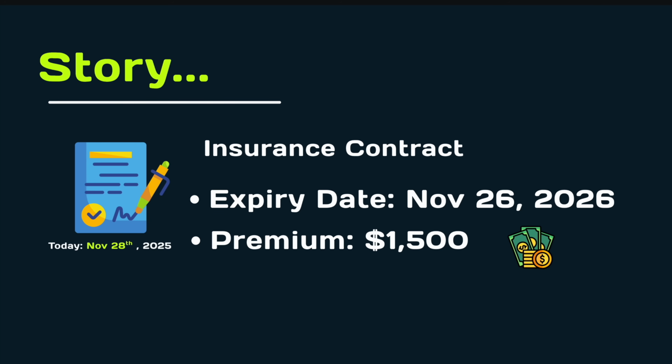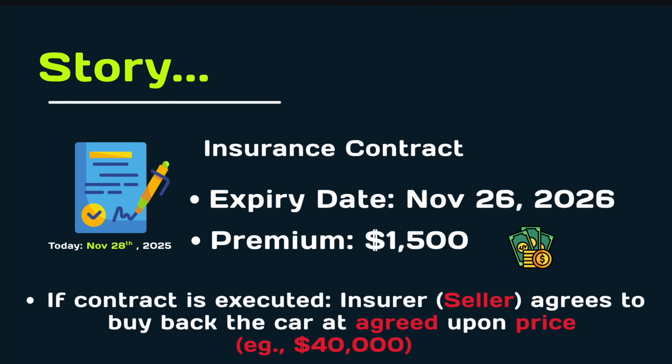So first of all, today is November 28, 2025, and Jane would like this contract to expire by November of 2026. So roughly about a year. She has to pay a premium of $1,500. And remember what the contract does. It gives her the right. Again, I emphasize the right and not the obligation, that should she decide to exercise this right anytime from now to November 26th of 2026, she's going to be able to sell the insurance company the car back for a